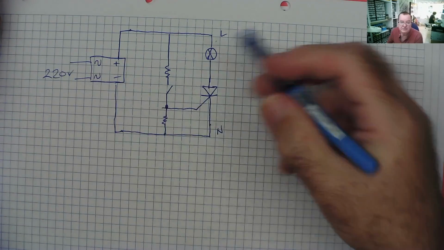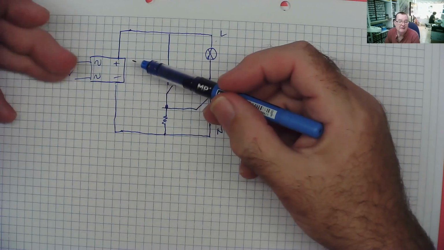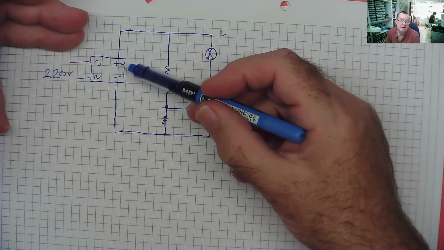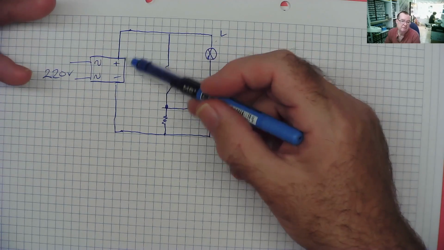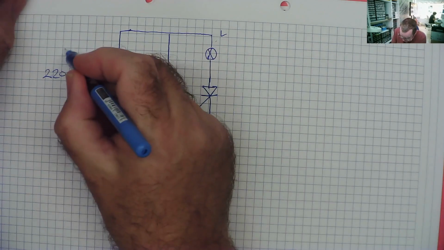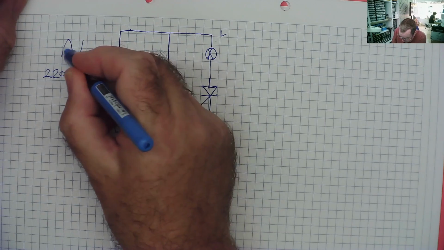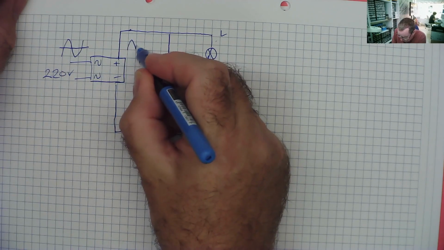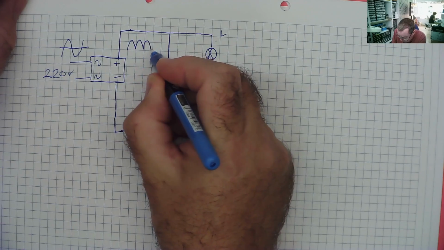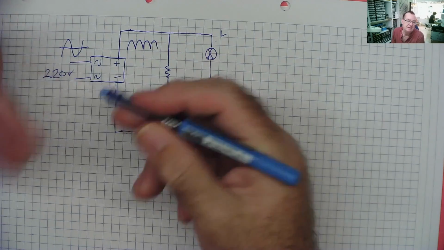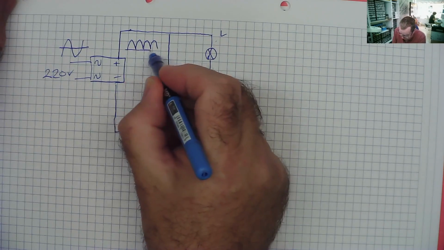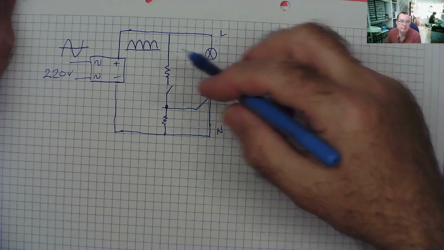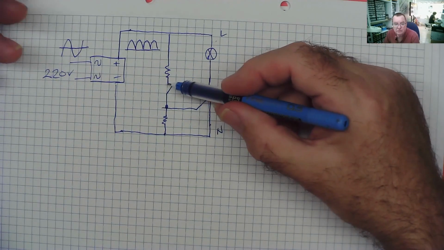We can put our mains in here, and only the positive half cycles come out of here. So effectively this is AC, and coming out here is actually twice the frequency, lots of positive cycles. It inverts the negative half cycle basically. So we have that. Now when we close the switch,